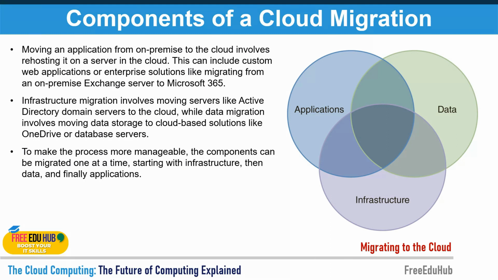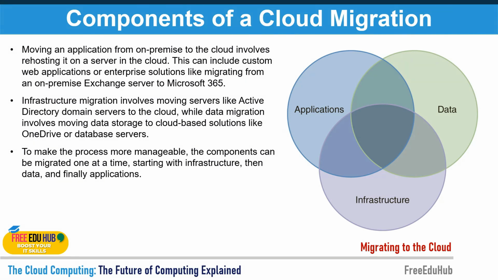Now there are different components of the cloud. Whenever we talk about migrating to the cloud, we have applications, we have data, and we have infrastructure. Applications is any sort of application which is custom built, or any software and service kind of application that you want to host, or you want to convert to your own cloud, and how you'll be using it. The data related to that, where it would be saved, whether you are saving it on premises or in the cloud, and even infrastructure, that what sort of services you want to shift to the cloud